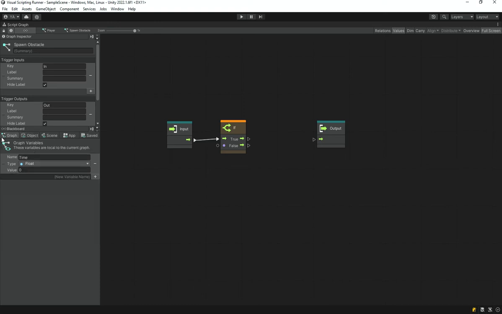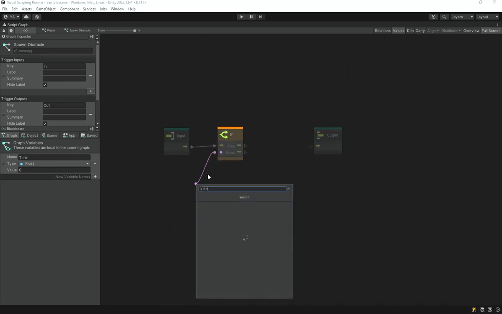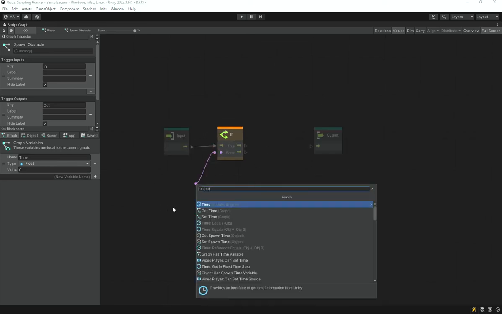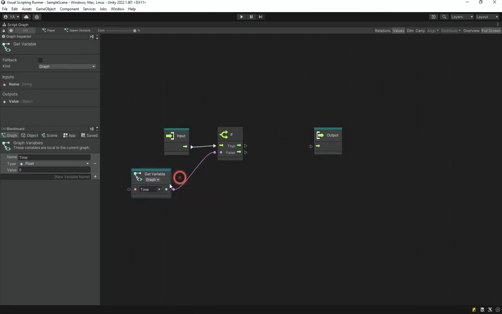It's an object variable. For the graph variable time, what we are going to do is check if time is greater than